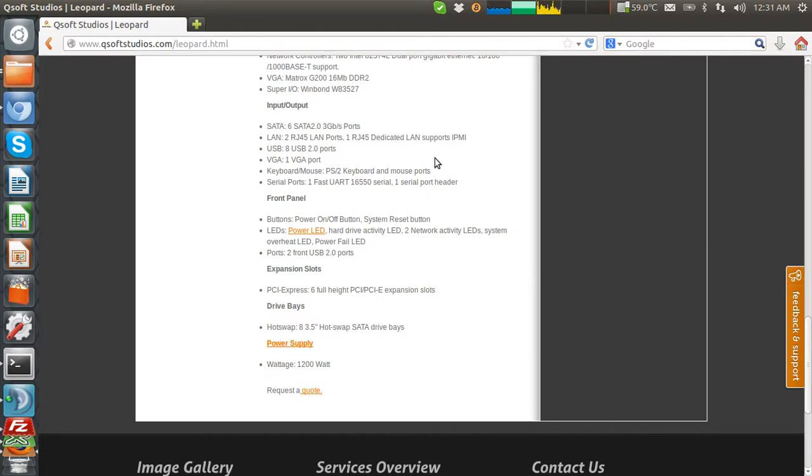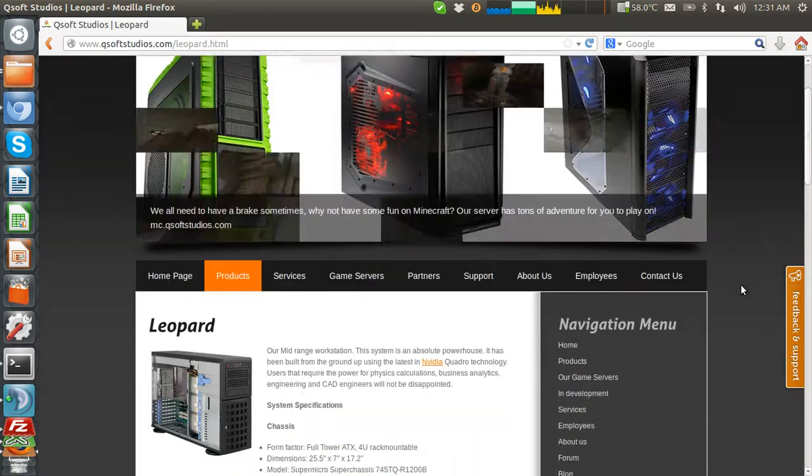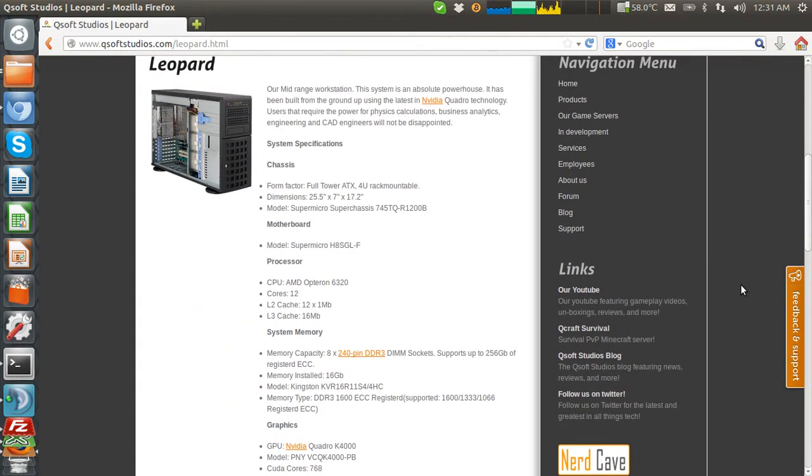All of these systems also come with twin gigabit Ethernet ports, and optical NICs and InfiniBand cards are optional. If we go back,